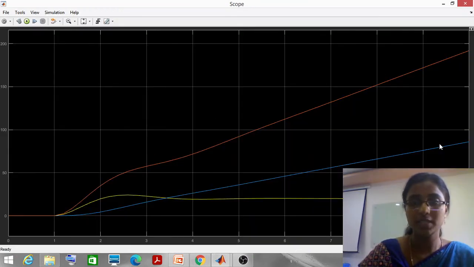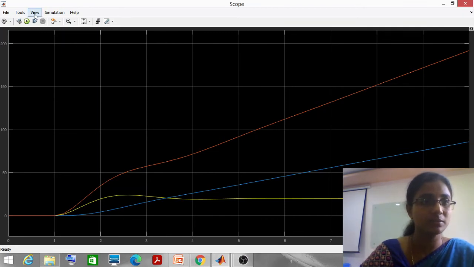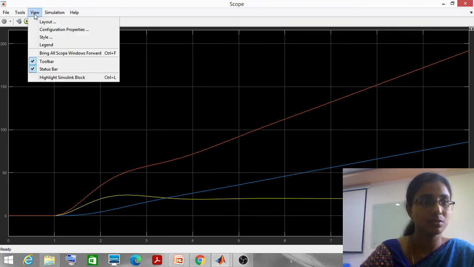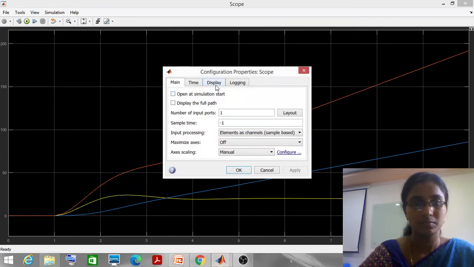Open the scope icon, and we can see the waveforms here. Let me change the values.